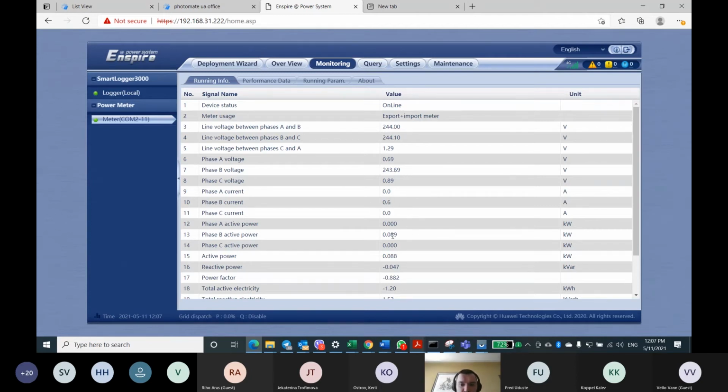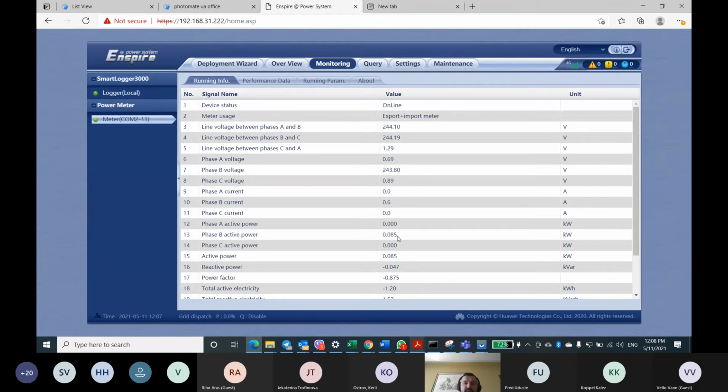Yeah, now you see it becomes almost 90 watts, because I connected the charger of the laptop. So it is positive. That means that our current transformer is connected correctly, and the energy flow is done correctly.